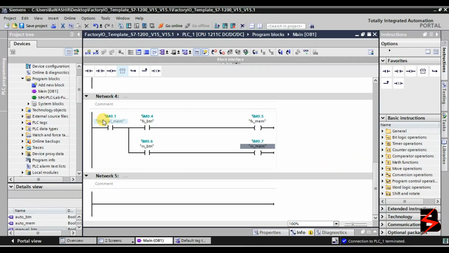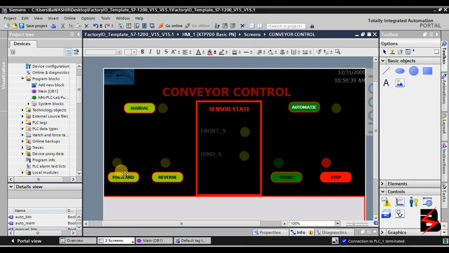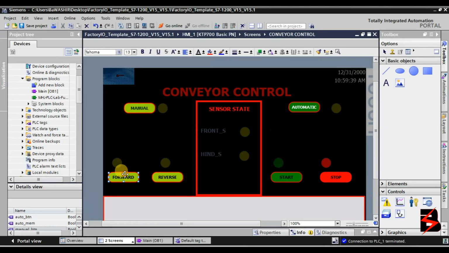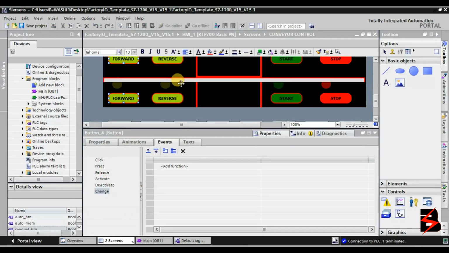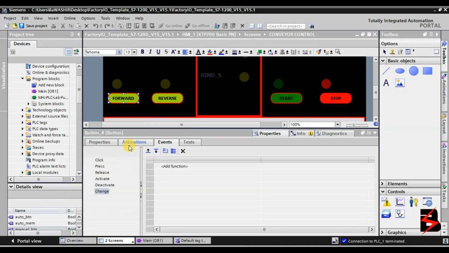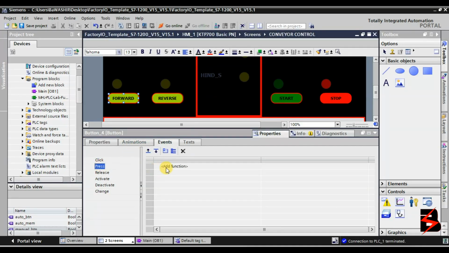So this is when the manual is on. This forward button can work with the forward memory. Reverse button can work with the reverse memory. Also when we come to our screens here, conveyor screen, these are the buttons. So you double click, then you come here to properties. So where is it? Yeah, it is this one. Also you are going to give it an event. So when you press, add functionality, set bit